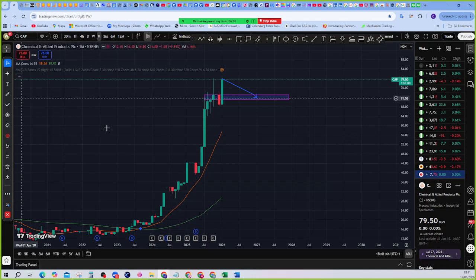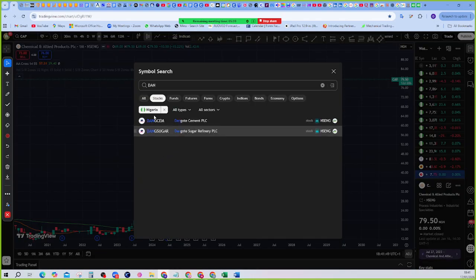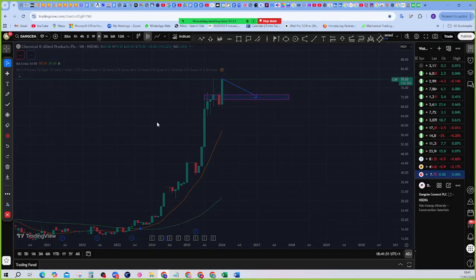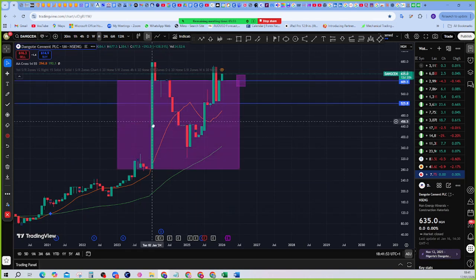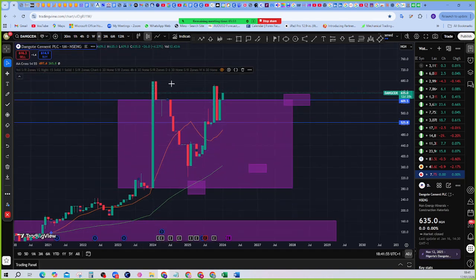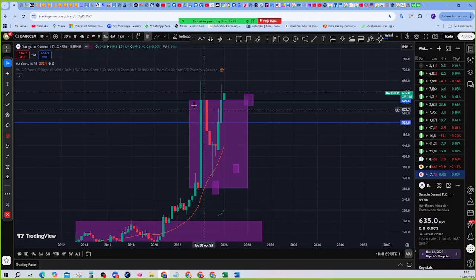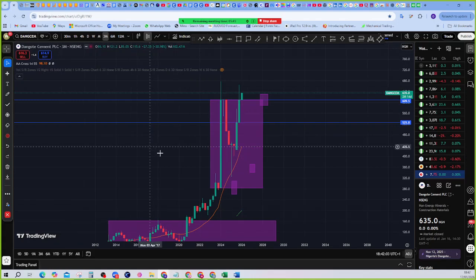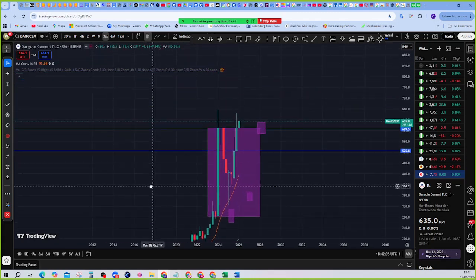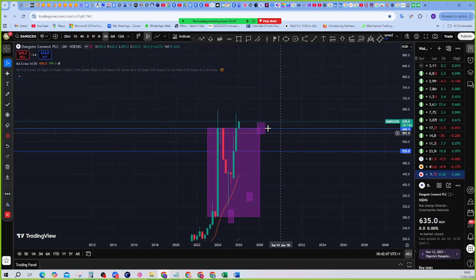Dangote Cement. Hold your Dangote Cement. We are still about to break out of that level. You see, this stopped here. So hold your stock. Hold your stock. We don't know how far it will go, but by the time the month of January closes,